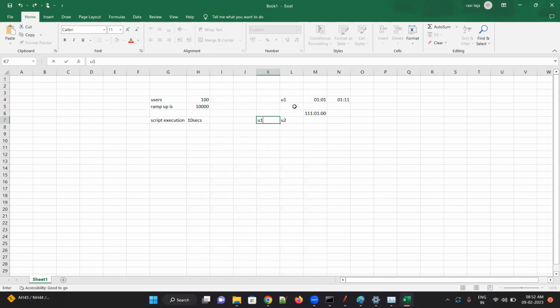Now, what JMeter does when I click on the run button: JMeter by default allocates memory for all 100 users. It will allocate whatever memory is needed to run all 100 users. But if you observe here, are we using all 100 users at the start? No, we have a lot of gap. So if it allocates memory for 100 users initially, and there is no memory to run our script,